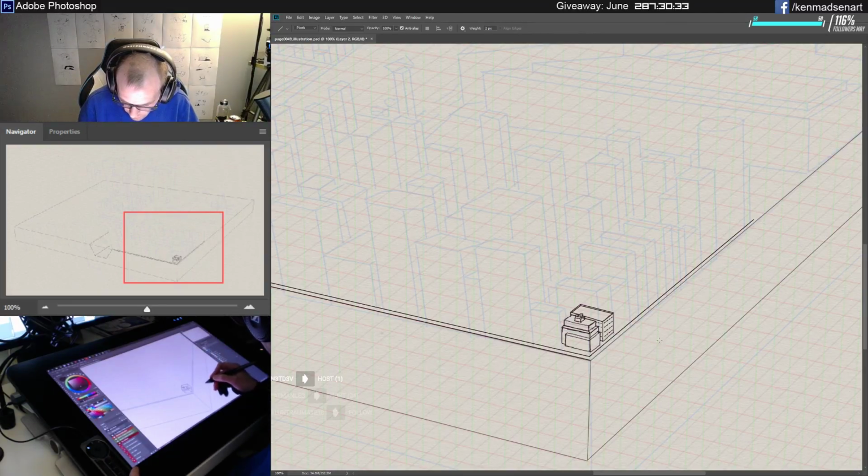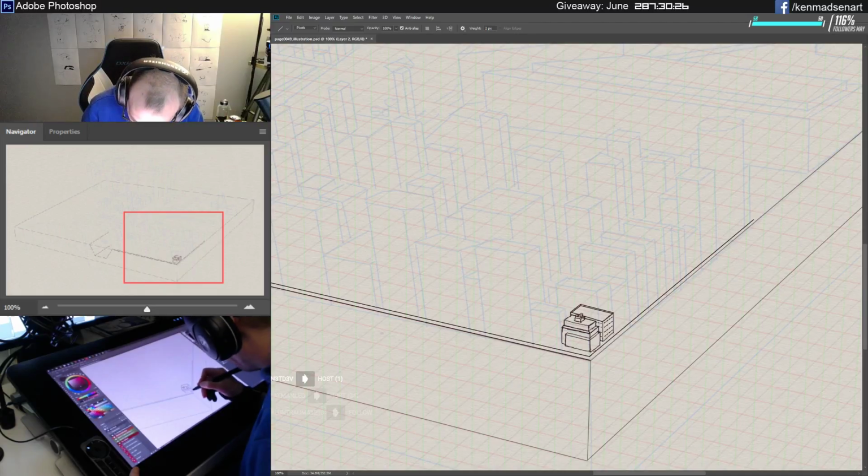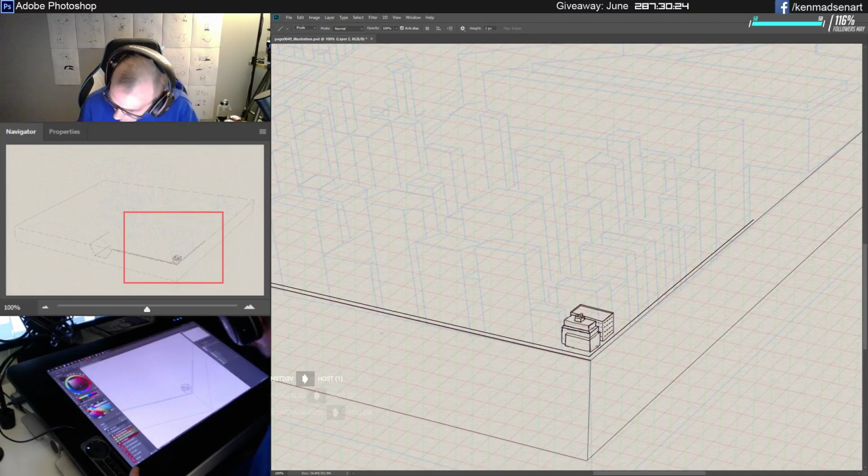So then the next one. Now there is like this area in between the two buildings, so they don't look like they